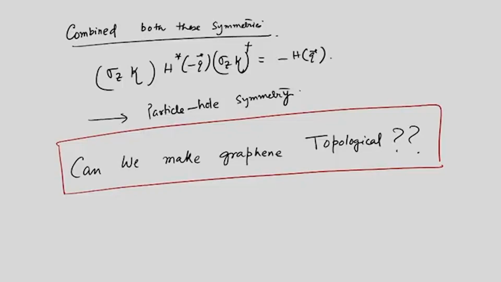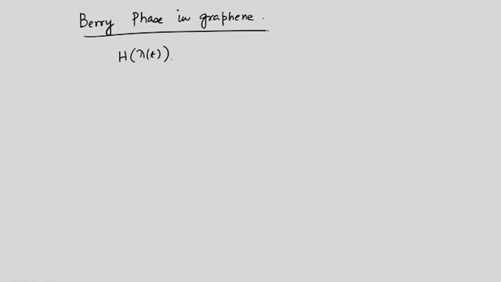Just to remind you that if H, the Hamiltonian of a system, depends on some parameter lambda, and this lambda depends on time, and lambda is a slow function of time, say for example, and then you change lambda, and you ask the question that after one complete oscillation in t, that is, t comes back to the same point after a full rotation, whether the Hamiltonian comes back to the original configuration, or rather it represents exactly the same system,